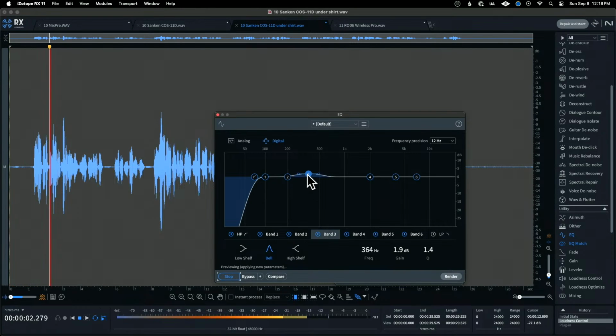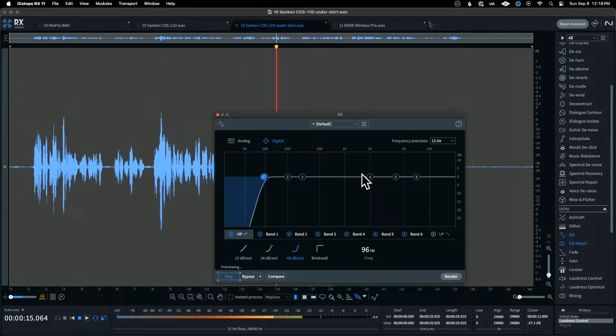Here's a sample with the Sanken COS 11D underneath my shirt here, just at below the neckline. And not an ideal location, but it is working in this particular case in terms of clothing rustle. It's not picking up a lot of that. So